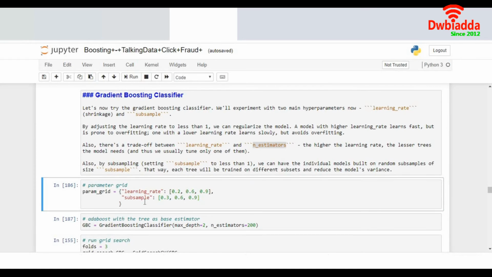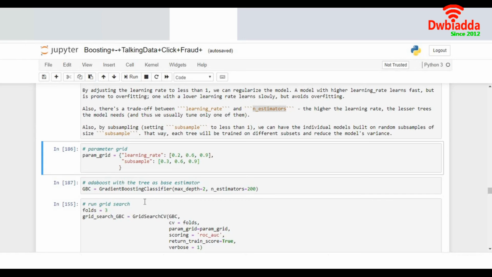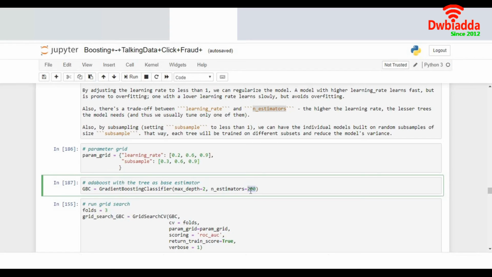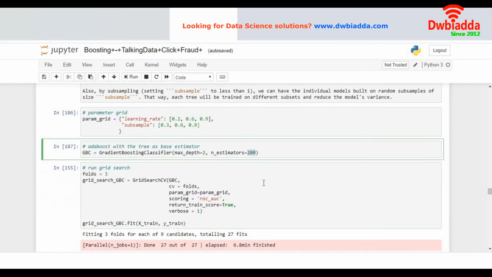All right. Now I apply the gradient boosting classifier. I give the max depth and the number of estimators. I've given it as 200 over here. It can be more as well, but to keep things simple, I will stick to 200. So once I run this,